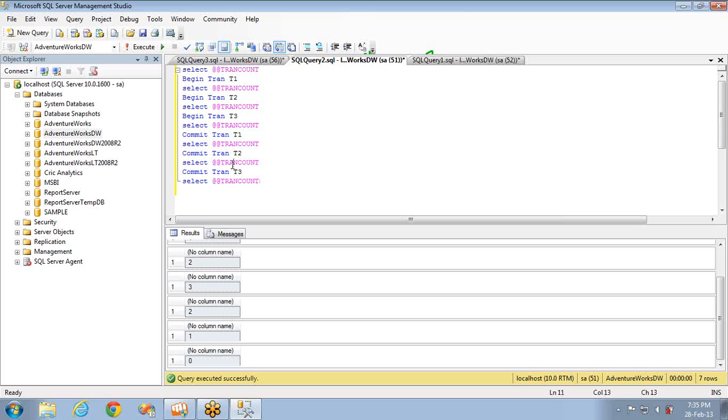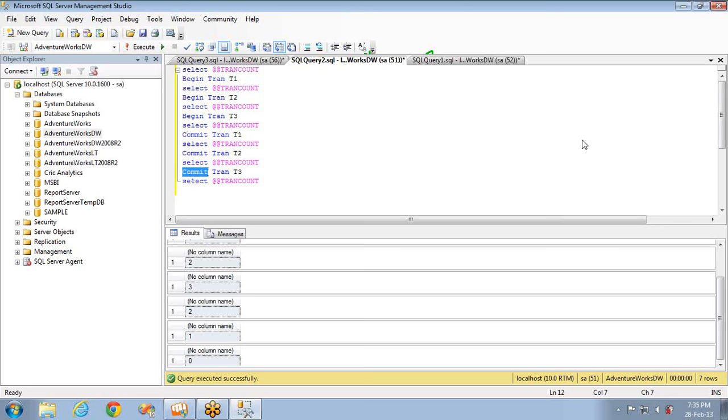Okay, now this is about the committing part. What will happen if you roll back this particular transaction? If you commit all the inner transactions and you roll back the outermost one, then it will roll back everything.